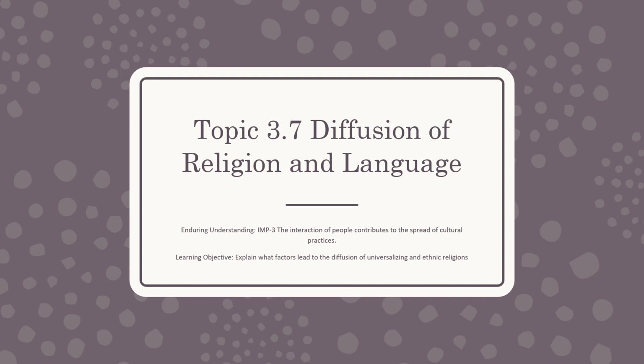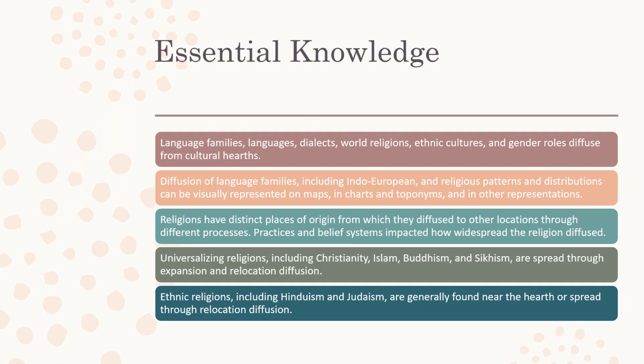Language objective is that we're going to explain what factors lead to the diffusion of universalizing and ethnic religion. So our essential knowledge: language families, languages, dialects, world religions, ethnic cultures, and gender roles diffuse from cultural hearths. Diffusion of language families, including Indo-European, and religious patterns and distributions can be visually represented on maps and charts and toponyms and other representations. Religions have distinct places of origin from which they diffuse to other locations through different processes,